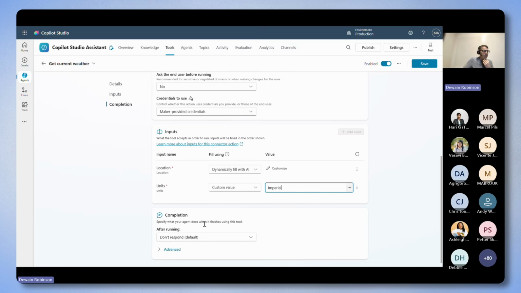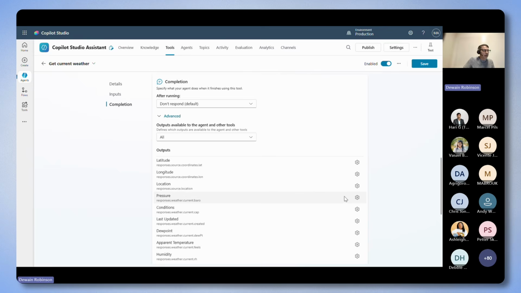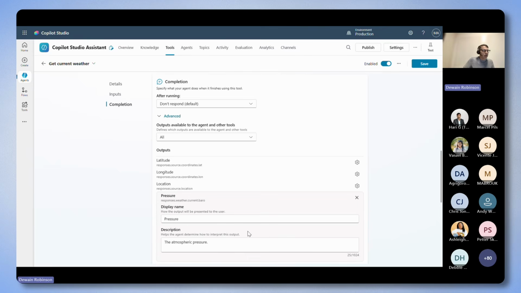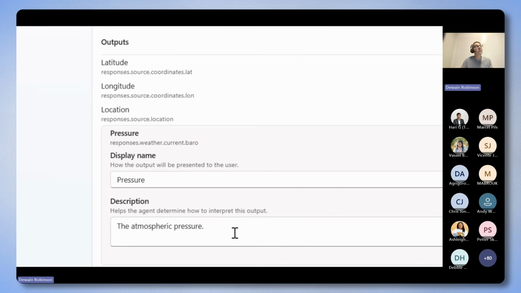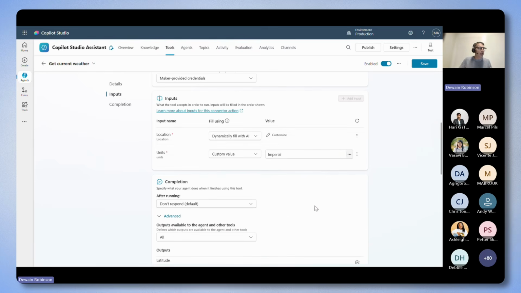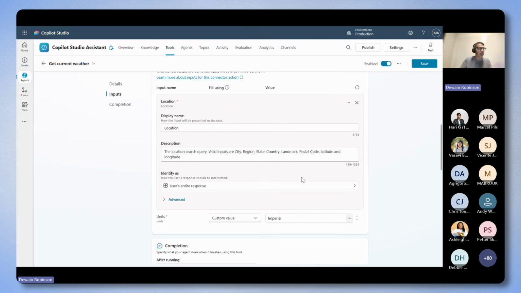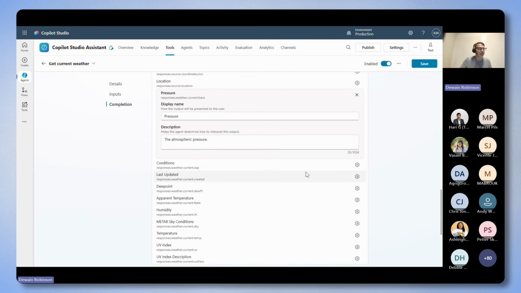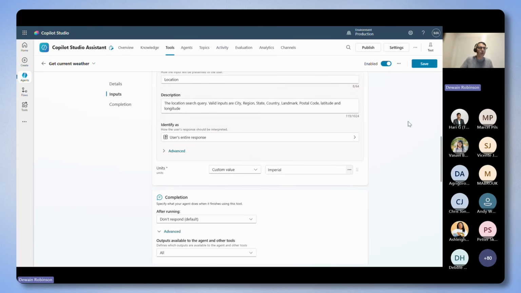Now, when we go in and look at the completion, we'll look at something like, let's say pressure. Notice here that what we see is the atmospheric pressure, or maybe I should get something that's easier to say, is the description of the output. So not only do we have a description of the input that we need right here for the location, that's what I need to give it. This is what I'm going to get back from this API with a description that explains to the model what it should do. So now that we've done that,